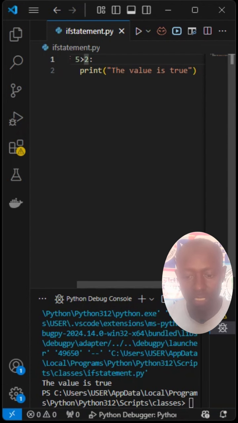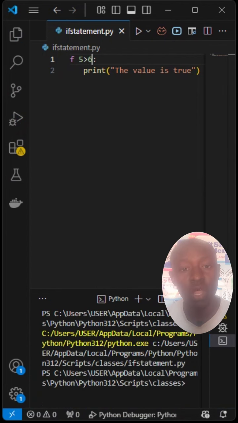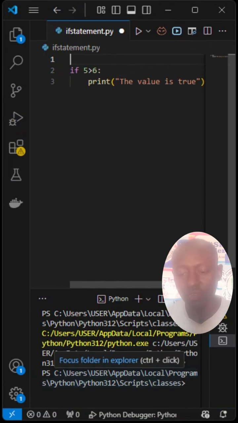But if now in the case of 5, if 5 is greater than 6, let's run this, it's going to give us no output value, as you can see here on the output terminal. You see it, right? So now let's see how we can refine this by declaring a variable a is equal to